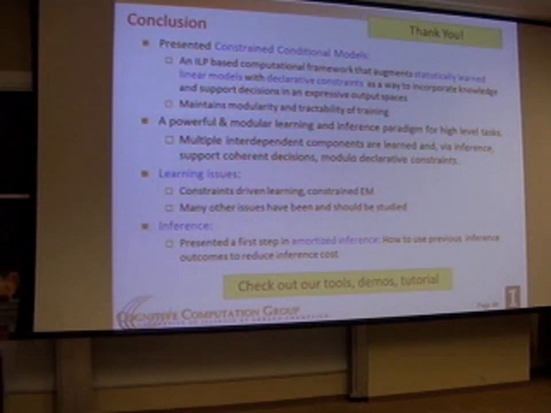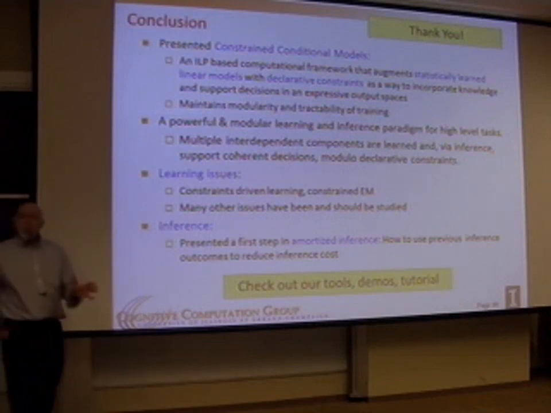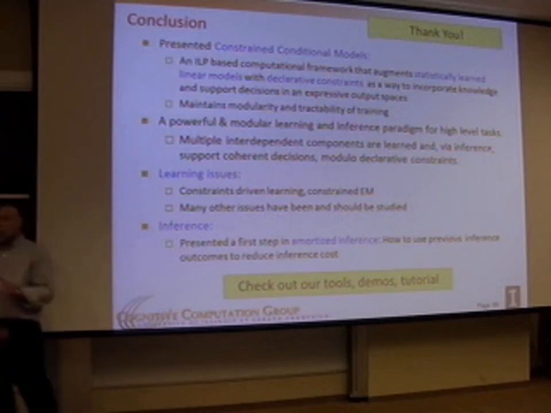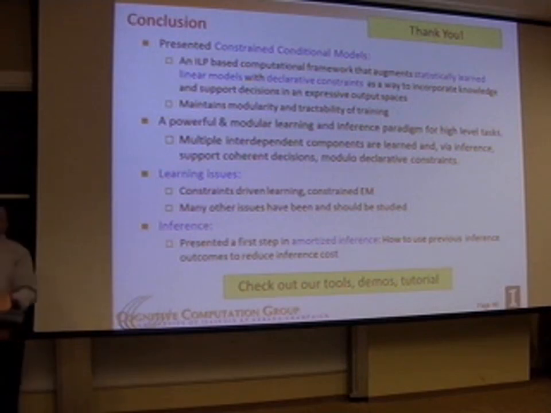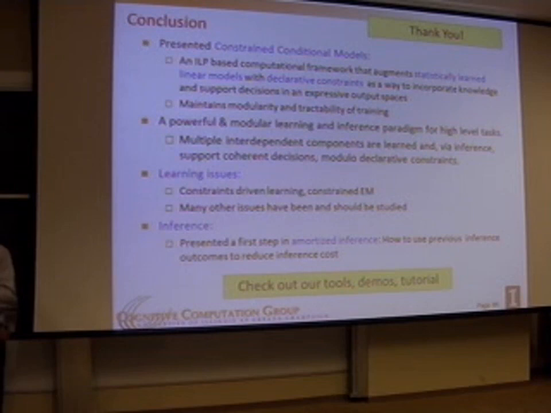I want to say one thing. Philosophically, I'm not so concerned about the fact that we are sometimes just declaring constraints. I think in many cases we have a lot of knowledge about problems that it would take a lot of data to learn, and maybe data from other modalities, maybe things that we can't even learn easily, and we have them, and I don't see any problem with incorporating them declaratively into the model. That said, in several problems, you want to learn constraints.